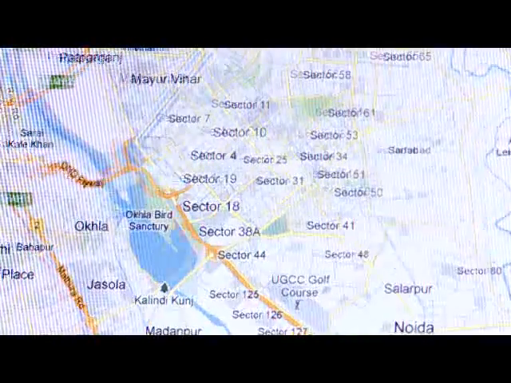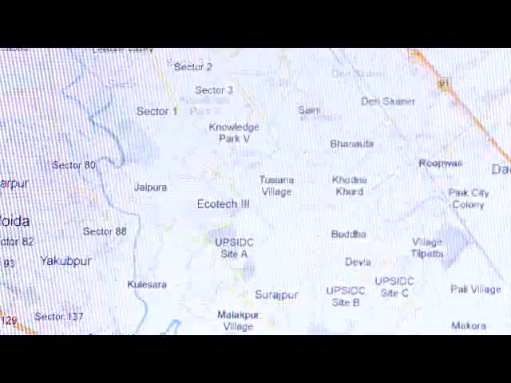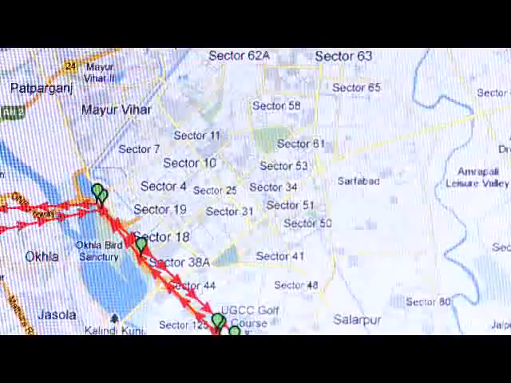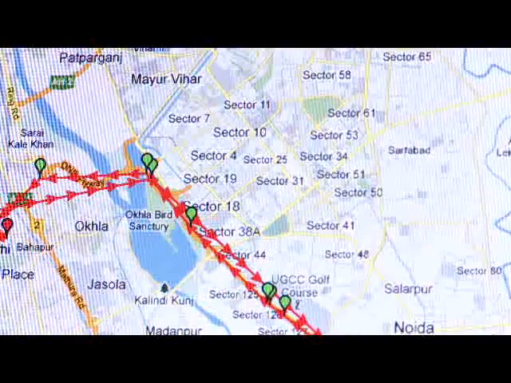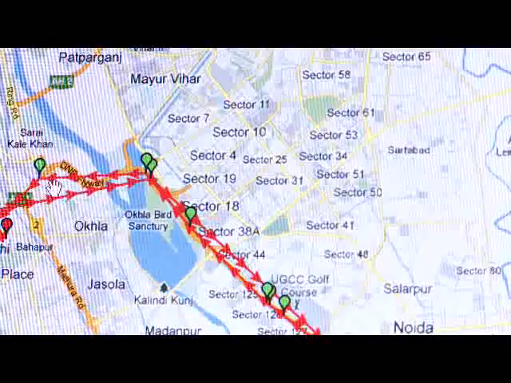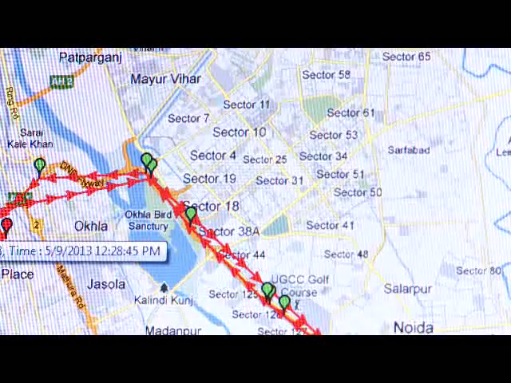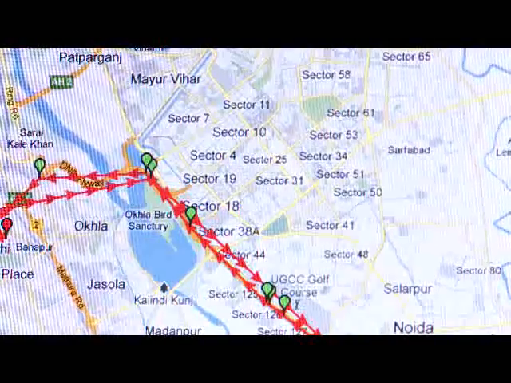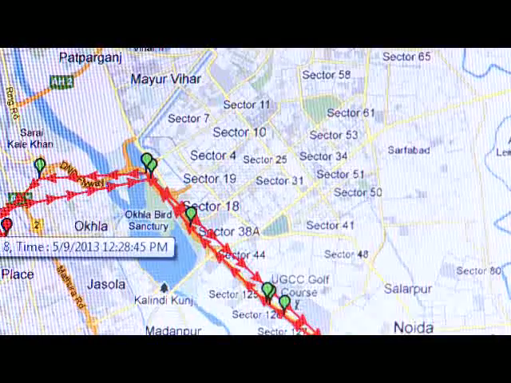Now this is showing the vehicle movement as a video from 11 in the morning till the current time. So it gives me a rough idea of where the vehicle moved during this period in live motion. So I know, and if I go to any particular point, I get the position and the time. The position is the reference number on the history, and the time is the date and time at which the vehicle was here.